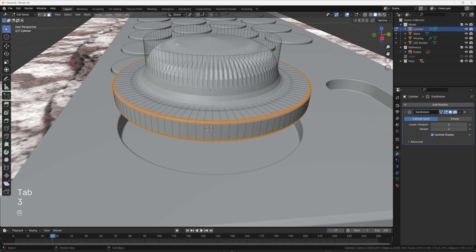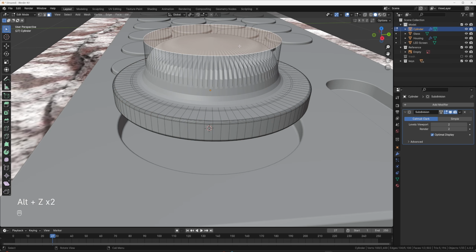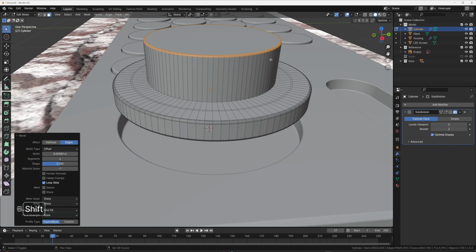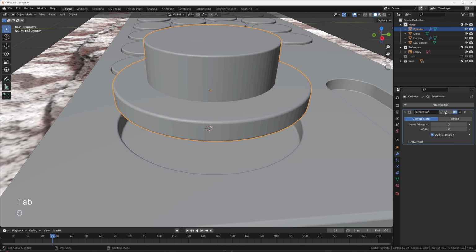And then basically I want to do this for the top also. So I'm going to select this top face, Control B, and also I'm going to turn this off while I do this. So I'm just going to Control B and bring those segments down, something like that. And then now if I turn this back on here with these icons, you'll see we'll get this like nice